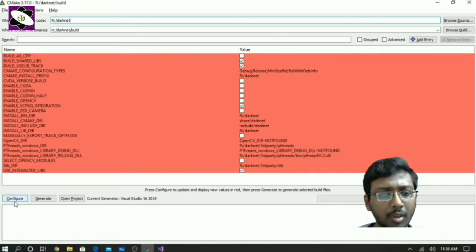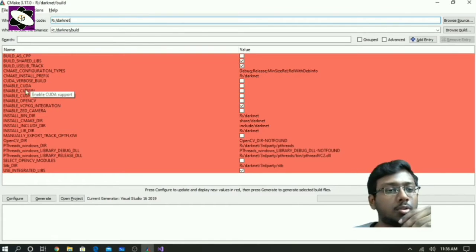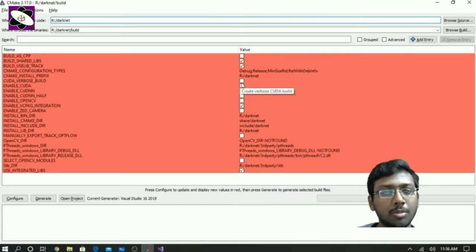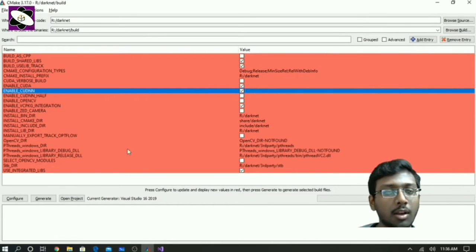Whenever we configure it, we need to give information like CUDA, if you're going to use CUDA. For NVIDIA, it's a separate architecture. CUDNN, if you're going to use it, I'd like CUDNN_HALF, don't use that. Again, if you're using Linux, then only use it, it's better. So you just need to check this information. And if you have a GPU, an NVIDIA graphics card, then only will you have the CUDA architecture.